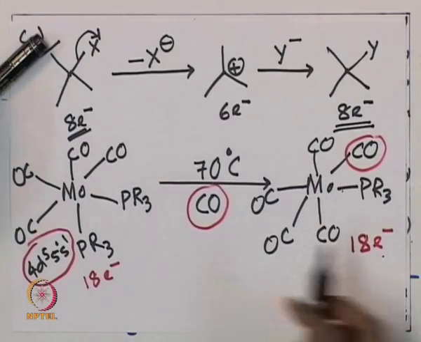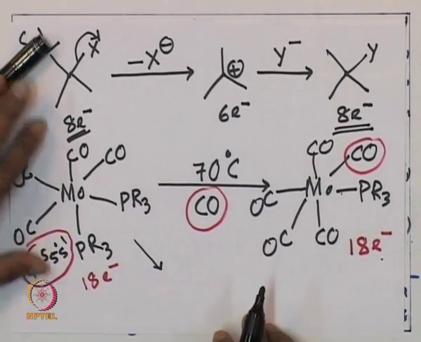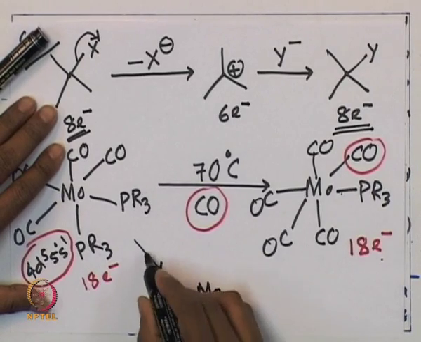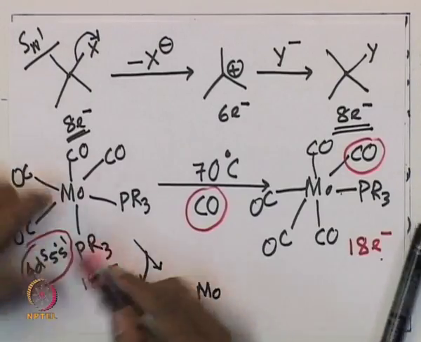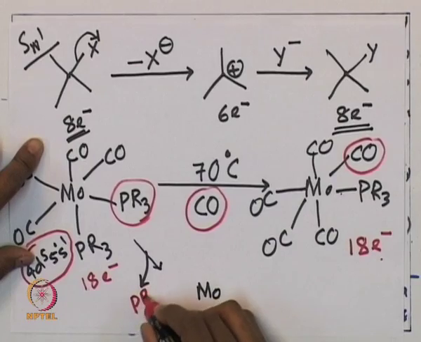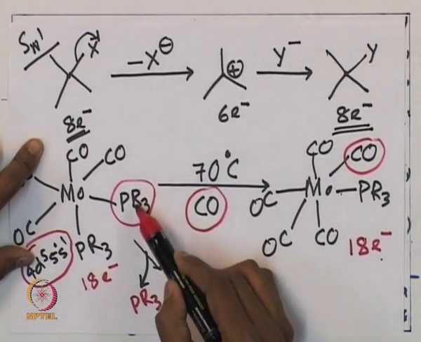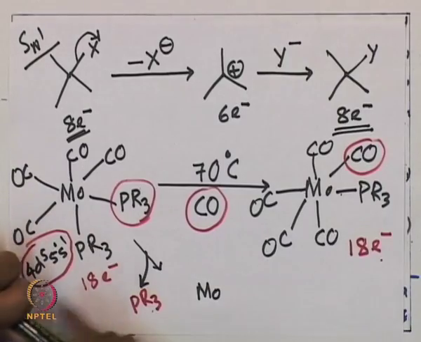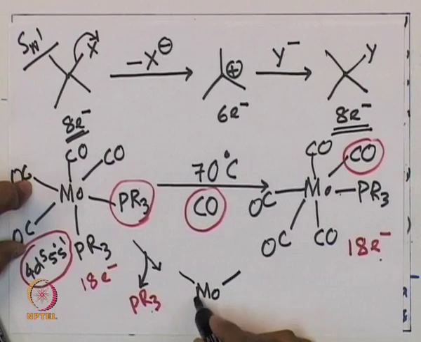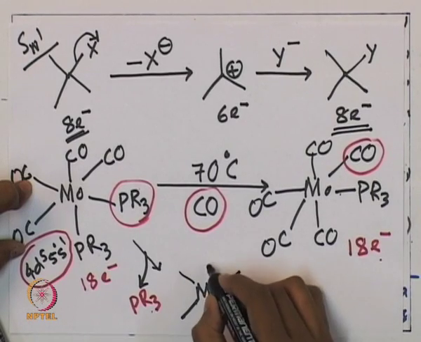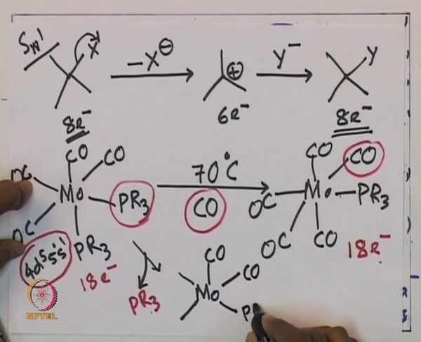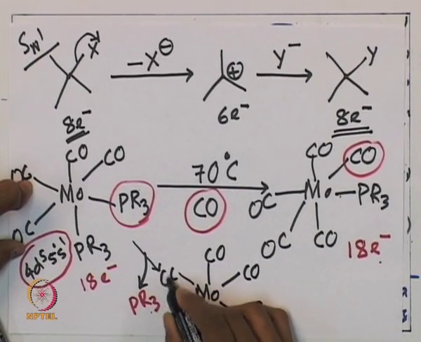But in between, the intermediate you get in these cases is the one where one of the phosphine ligands, this PR3, is coming out from an octahedral complex. You will get a pentacoordinated intermediate, and thereby you will have a 16 electron complex as shown